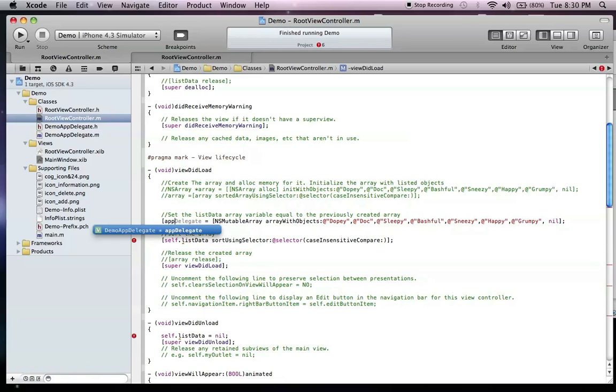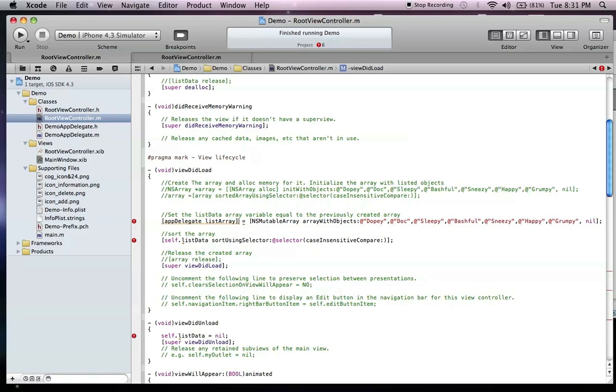The app delegate variable we declared here is now available. We type a brace, app delegate. It's available with IntelliSense. And then we space with list array. We don't use dot here. We say access the app delegate variable and the list array, and set that equal to,